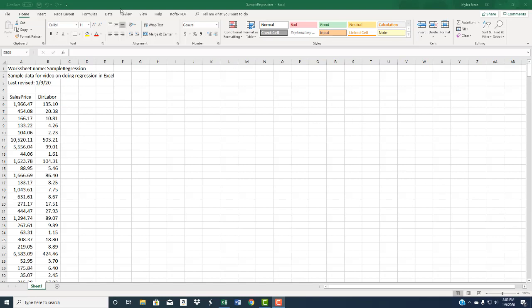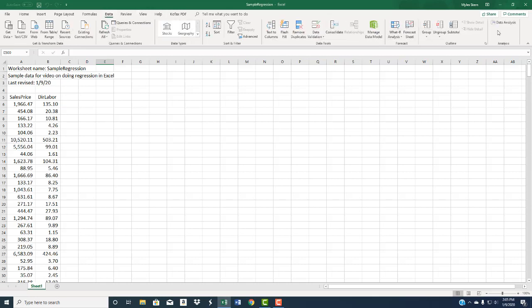Now let's begin by going to the Data tab, and here we see a section on analysis with data analysis as one of the options. If you don't see this on the Data tab, you probably don't have the data analysis add-in in your version of Excel. So in that case, we would go to File,